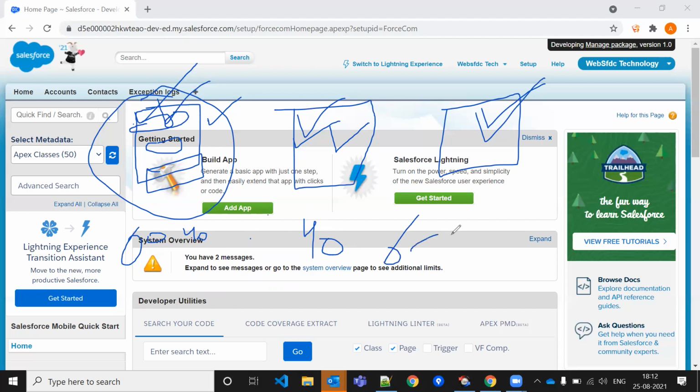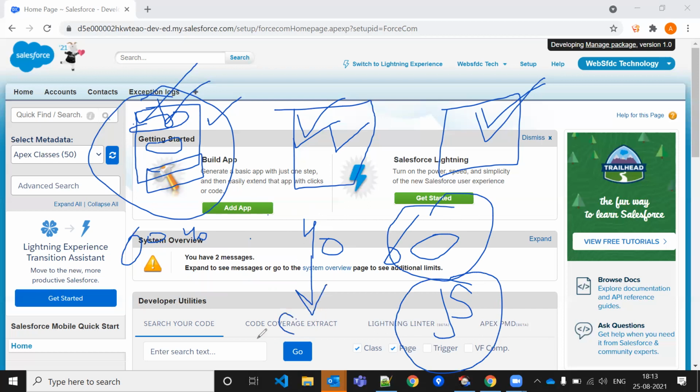So now 60% is from the client side. Client side means we are using JavaScript here. JavaScript is very light as compared to your Apex class. So the 40 plus percent is your Apex class. We can say it's server side, and this is client side. Okay, so client side and server side.